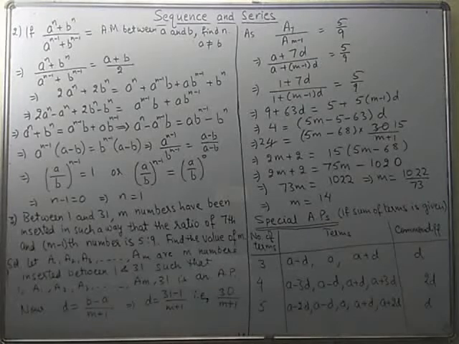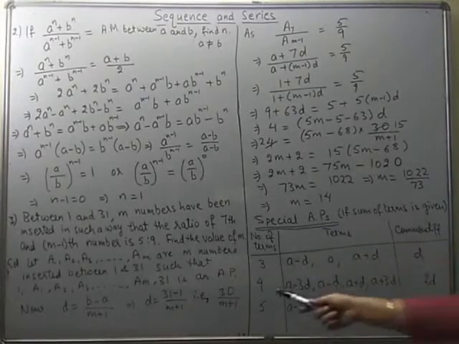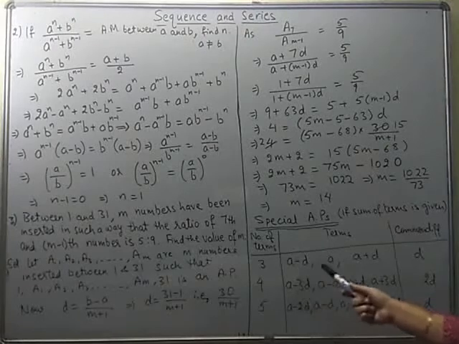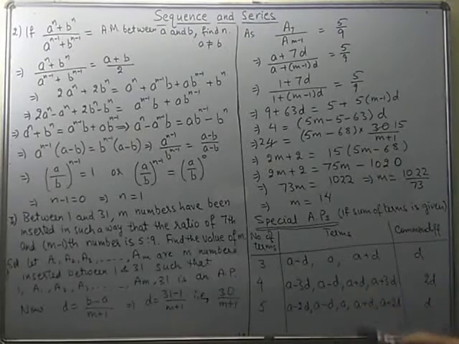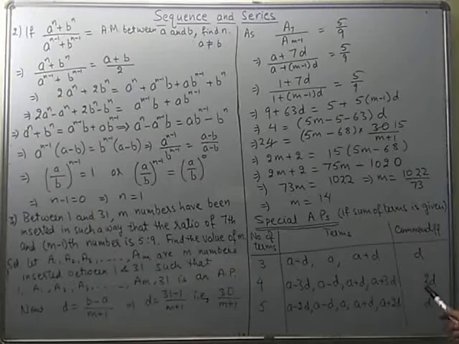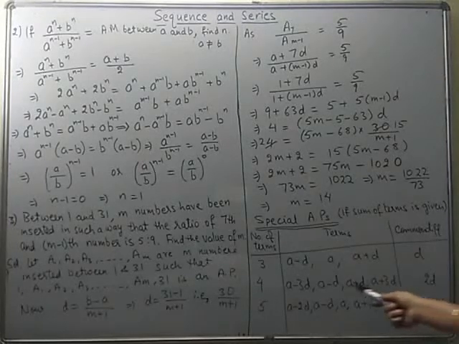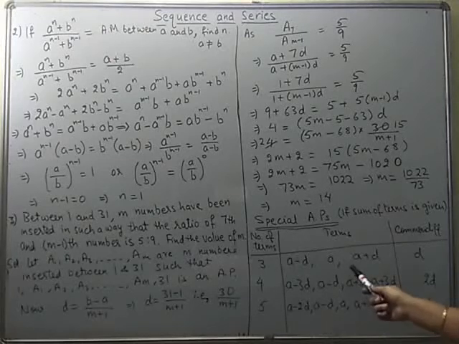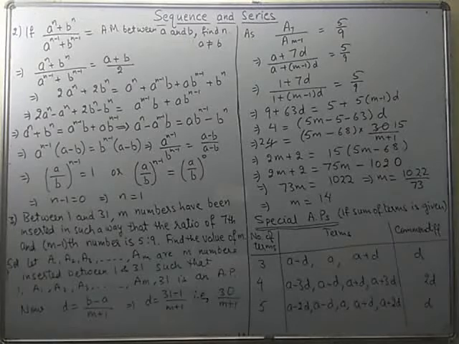d. In the same way, if the sum of terms is given and you know the number of terms is 4, then you should assume these as the terms of the AP: a minus 3d, a minus d, a plus d, a plus 3d. Over here the common difference is twice of d, and the first term is a minus 3d. Again you can check. If I add all these 4, minus 3d plus 3d gets eliminated. Minus d and plus d cancel out with each other and we can find the value of a.